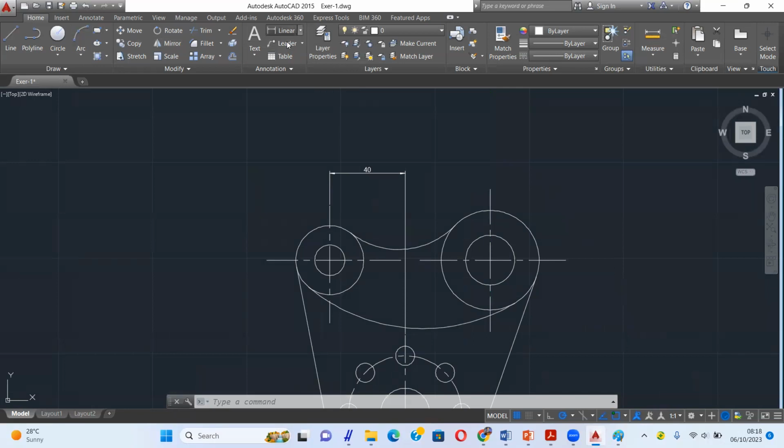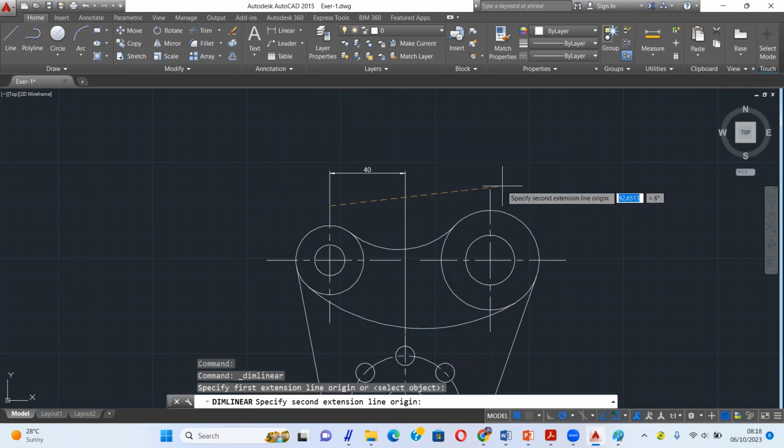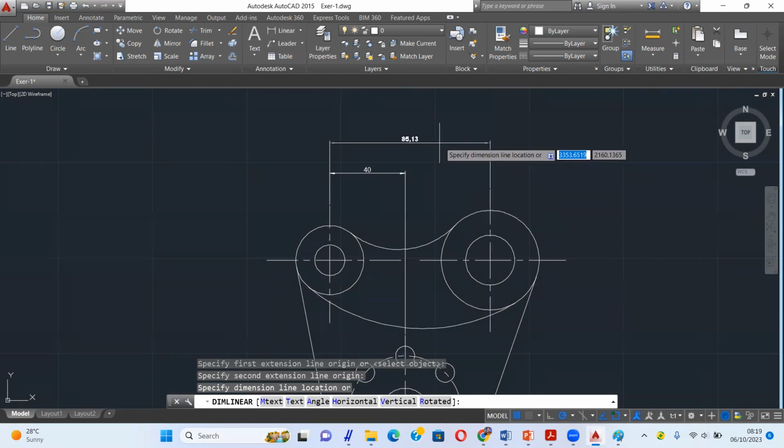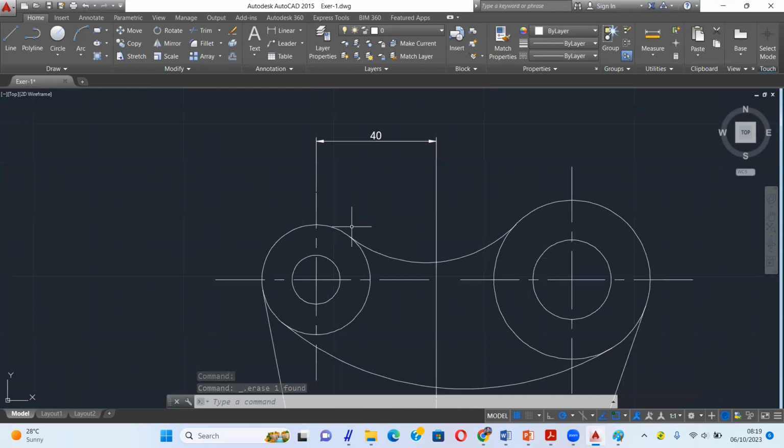Then continue to linear from here to here. Oh, this is not correct. Or maybe we check this line. Maybe this is correct.